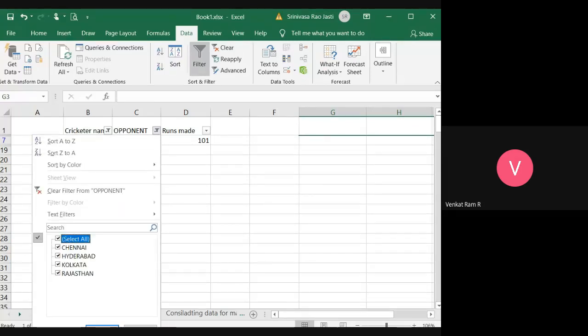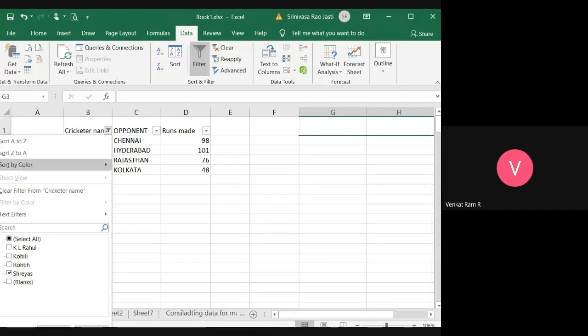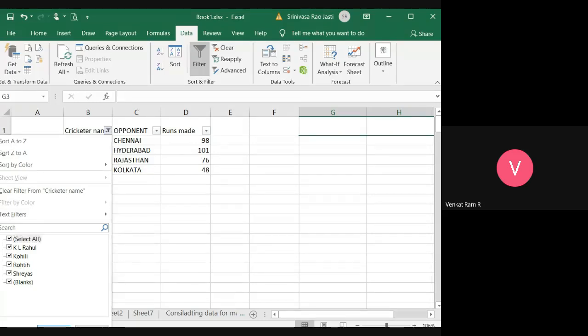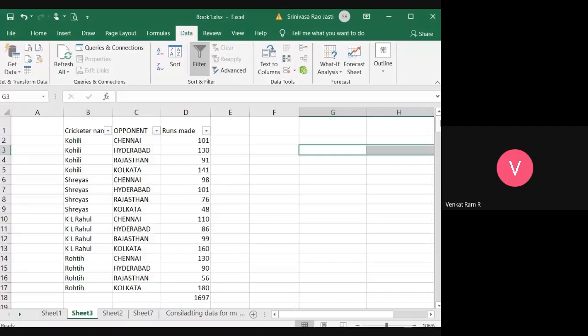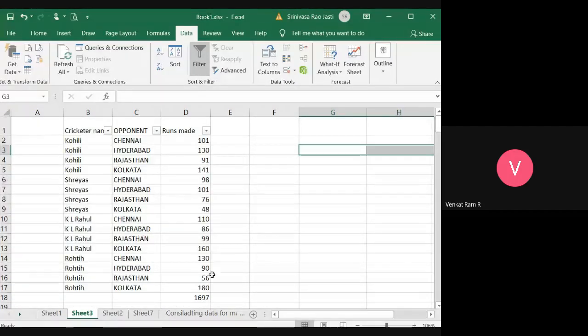Then if I click on select all, it will display everyone's scores. Understood? This is filtering.